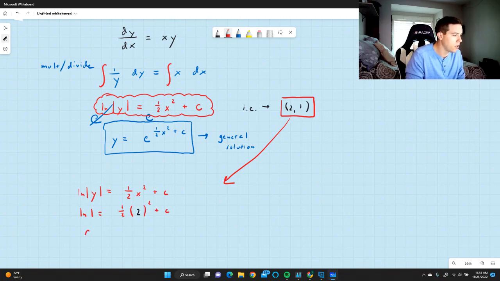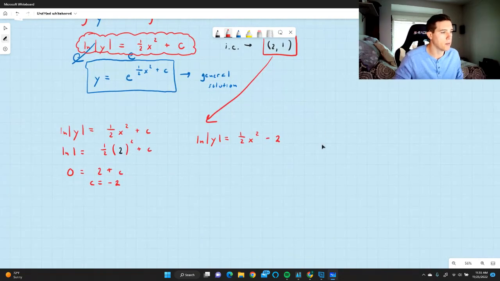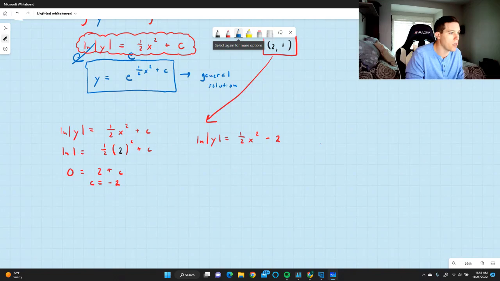And we get natural log of 1 is 0 equals 2 squared is 4 divided by 2 is 2 plus c. So c is negative 2. Now plug that in for c. So natural log of y equals 1/2 x squared minus 2. Okay, so we've solved for c, but we need to get it so that the y is by itself. So this is the case now where you would e